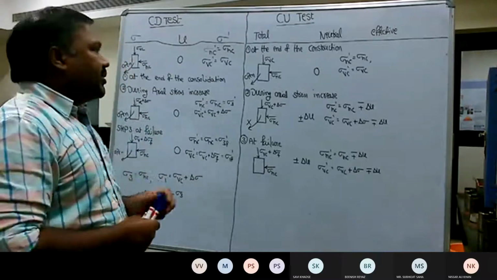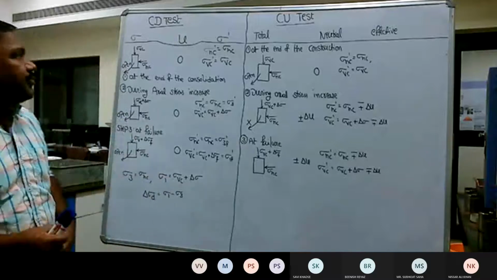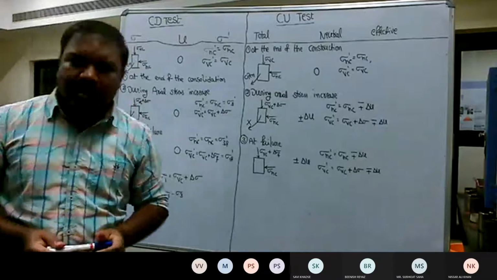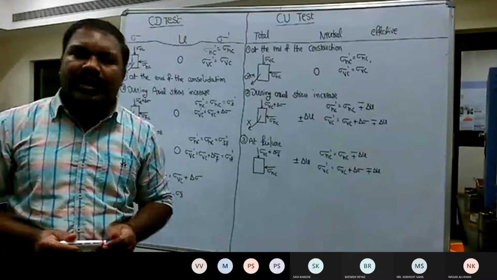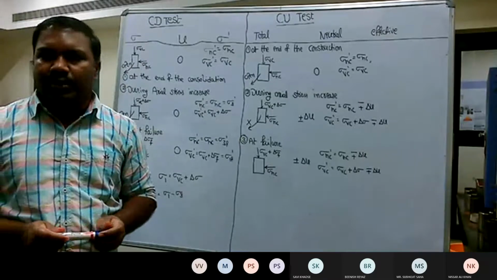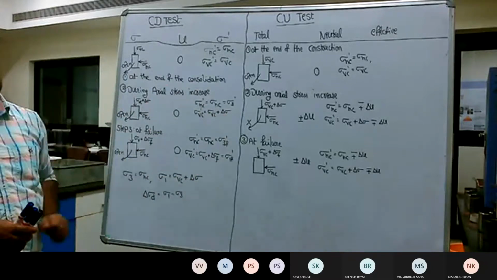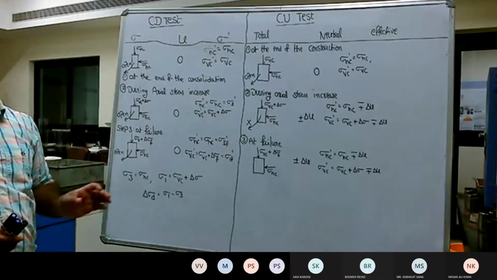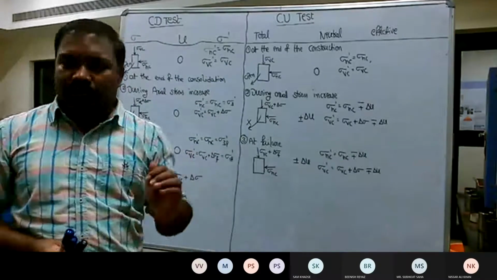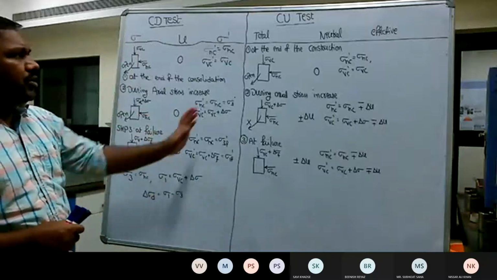One of the important aspects that you did not attempt during your undergraduate program is what will happen to the total stress, the pore water pressure, or the effective stress when you conduct a CU test, CD test, or UU test. For a better understanding, I have taken different conditions which normally arise when you conduct a test or otherwise in practical situations. So try to note down.